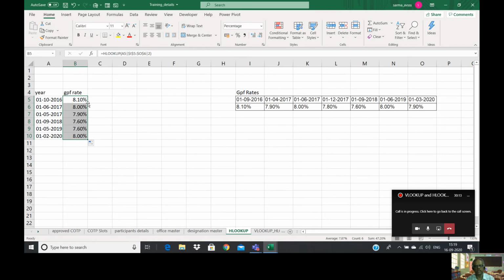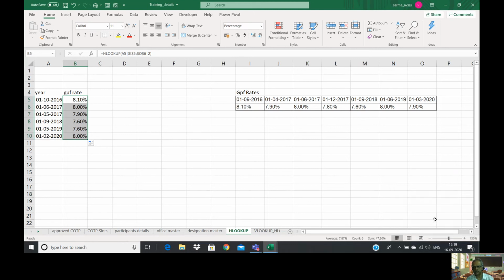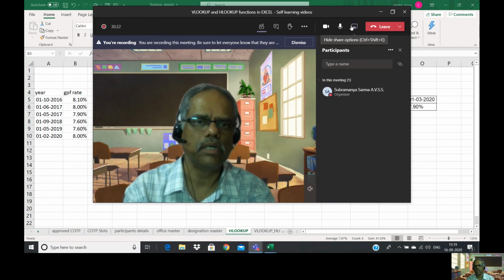Hope this explains HLOOKUP and VLOOKUP. Hope you understood the concept. Maybe with a little practice, I'm pretty sure you will be comfortable using these two commands, VLOOKUP and HLOOKUP.